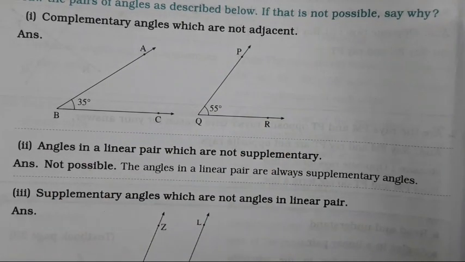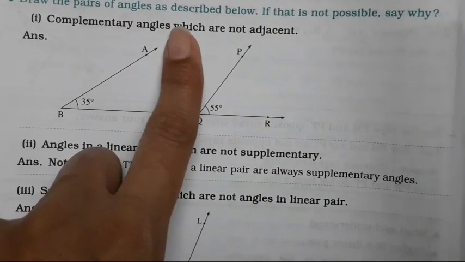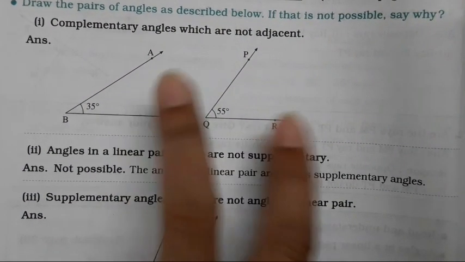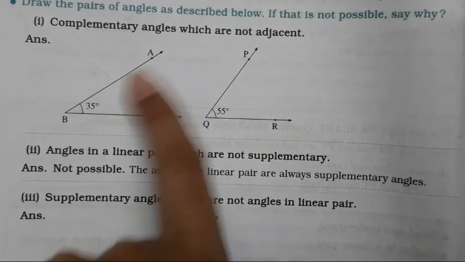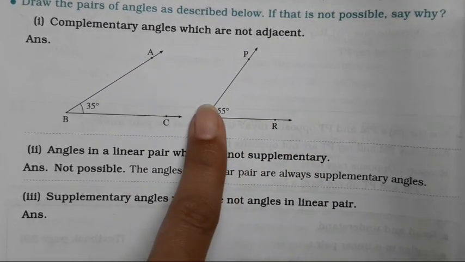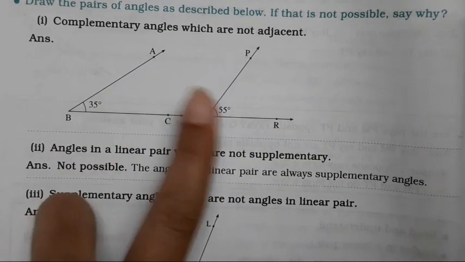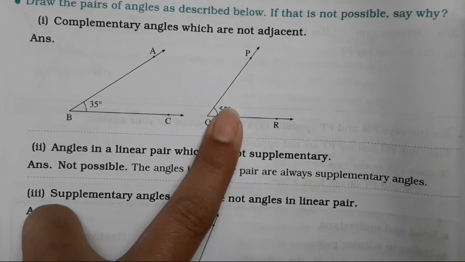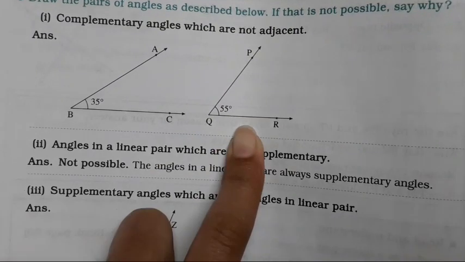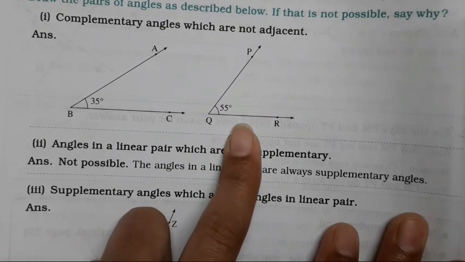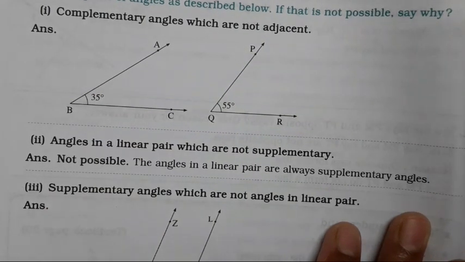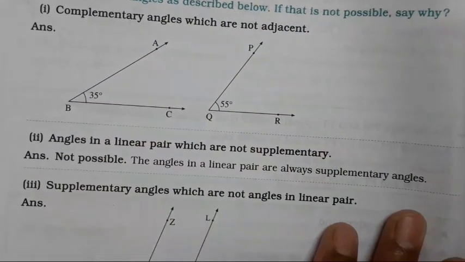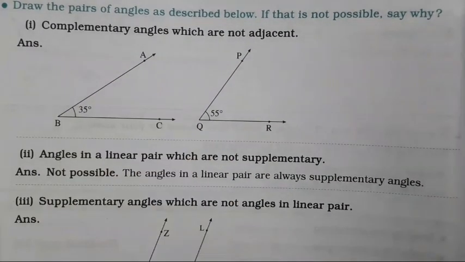I am just explaining how you all have to form a complementary angle which are not adjacent. Adjacent angles you all don't have to form. They have to be two different figures. Got it? I hope this is clear. So this question you all can solve on your own. Drawing of an angle, we all know how to draw an angle of 35 or 55. You all can even take, as I said, 40 and 50, that angle also you all can take, or you can take 60 and 30 also, any, but it should be complementary angles. That means 90 degree का angle form होना चाहिए दोनों को मिला के. That's it. Got it? So this question number 1 is done.